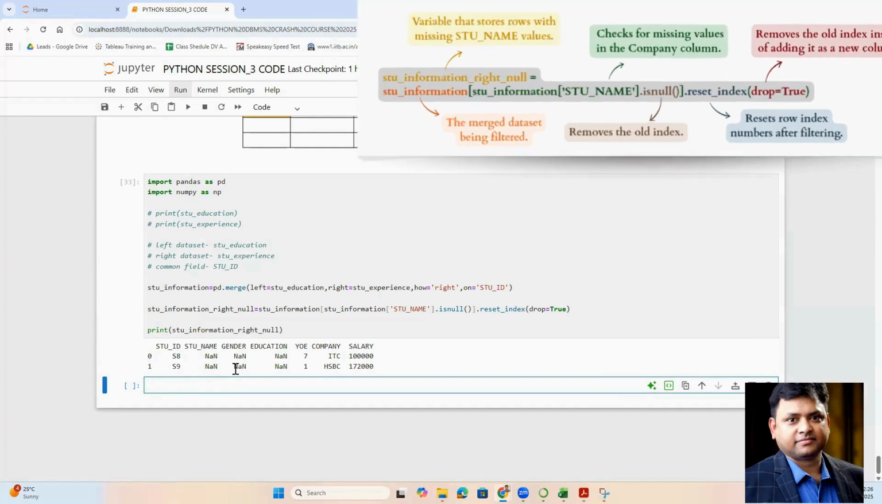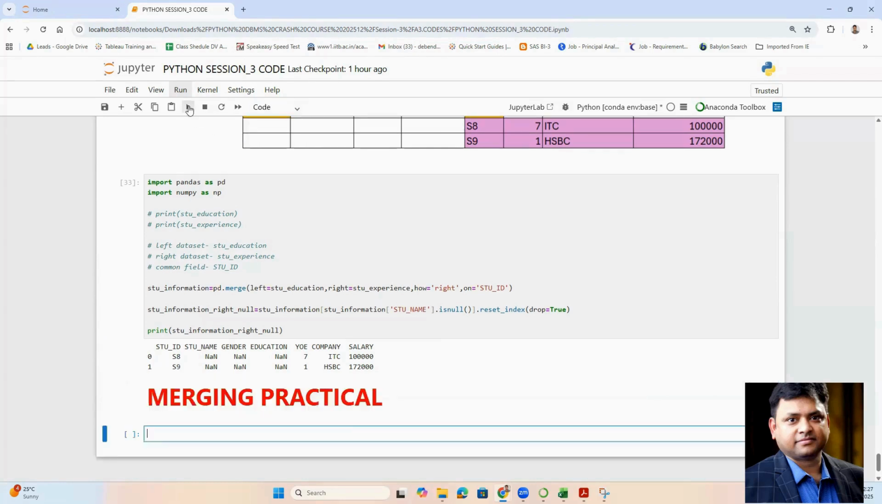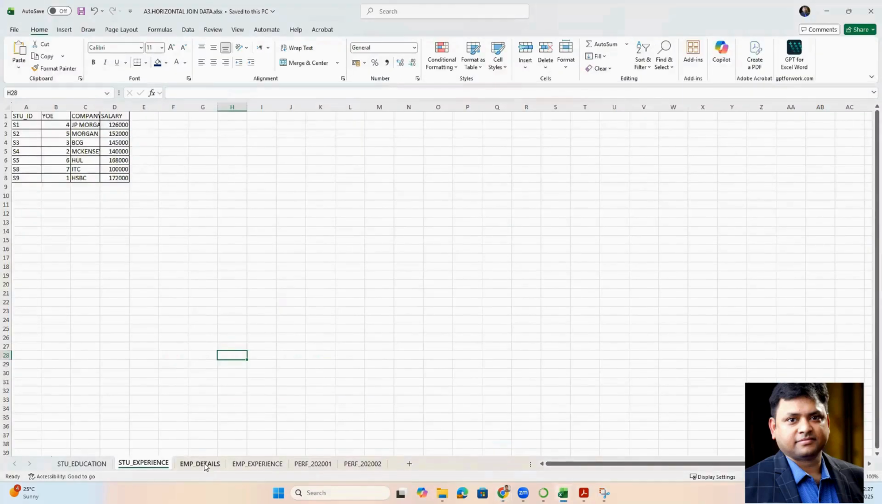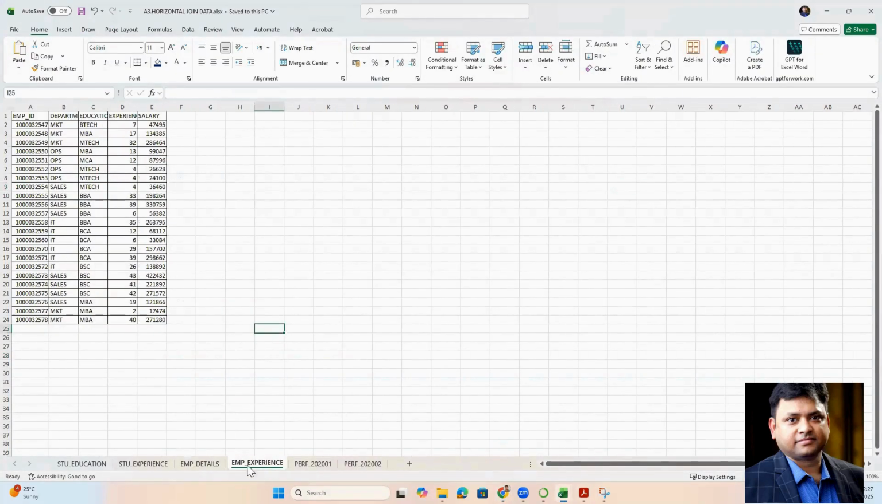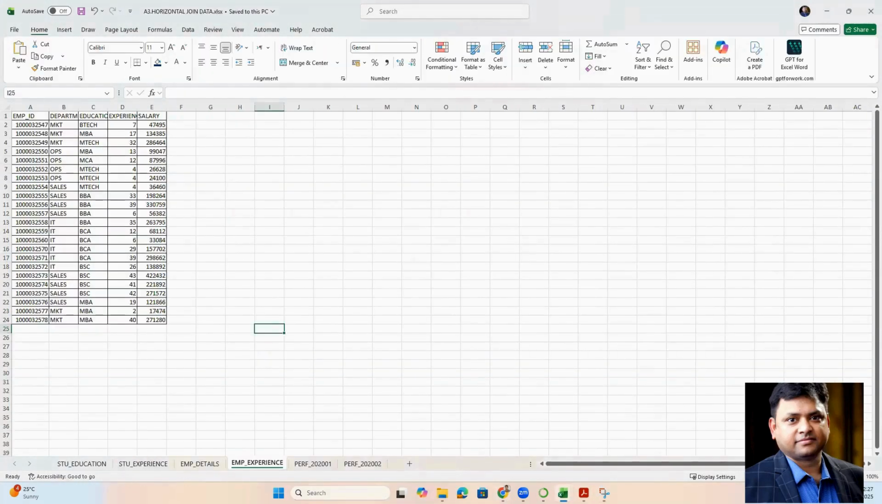Yes, sir. Right. Now, what we will do here is a practical. To start this practical, we'll call this merging practical. In this merging practical, I'll take this employee details and this employee experience. I want to merge these two tables. So ultimately, given these two tables,